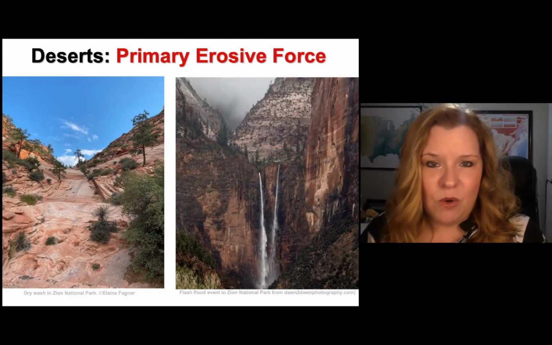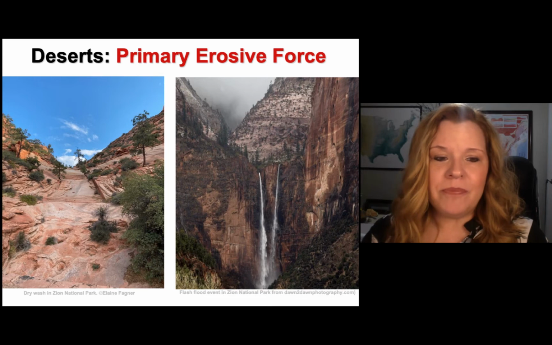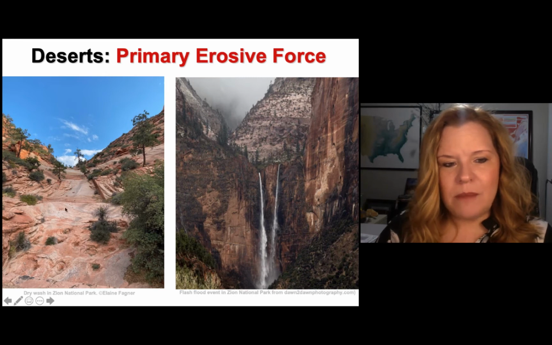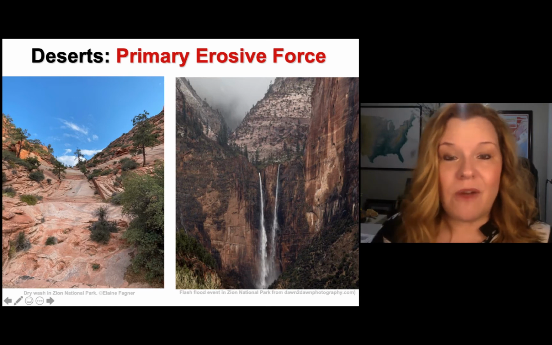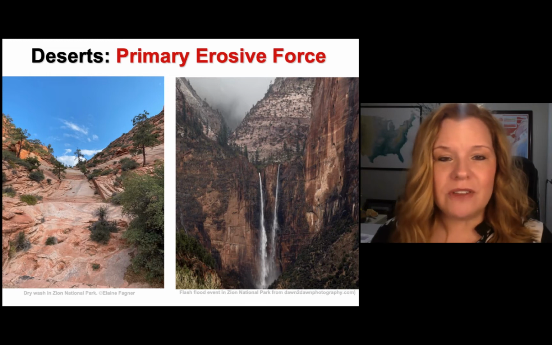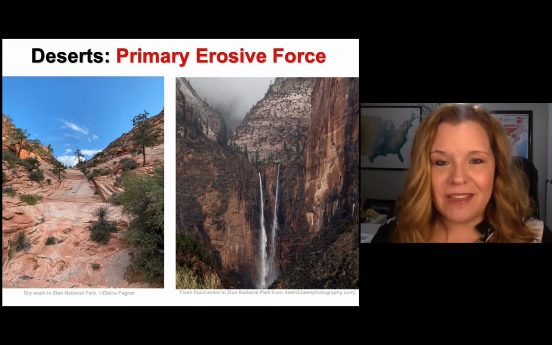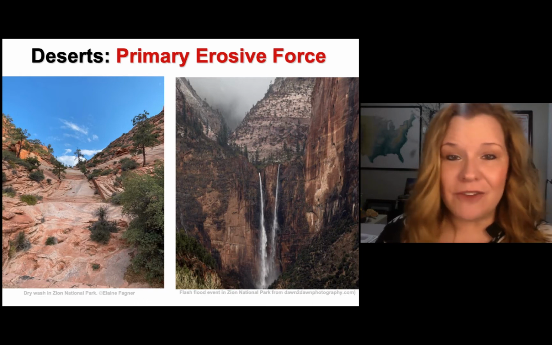When you think of the power of water, this is kind of what I want to show you. Both shots are of Zion National Park. On the left is a very sunny day. The irony was the day before a massive flash flood had come through Zion. But I want to point out, where I'm putting my mouse, that water has clearly weathered and eroded that rock formation. That's the Navajo sandstone, and that is the name of the geologic formation. It's highly cross-bedded, and it is early Jurassic in age. And so that Navajo is important because we're going to learn about that today and show you a lot of formations that are from there.